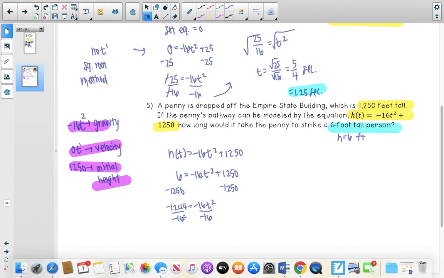Actually, no, let's go back. The only reason I left the previous problem as 25 and 16 is because I knew it was a perfect square. Here, this is not a perfect square, only the bottom number is. So I'm going to find the decimal of it, but I'm going to leave it as is for right now, because it's going to make my answer more correct. And you're going to square root both sides. So I'm going to take the square root of 1244 divided by 16. And that gets you t equaling, remember it can't be negative, only positive,